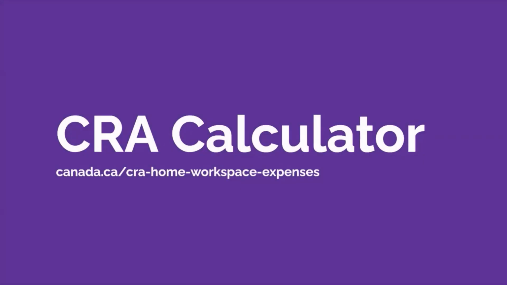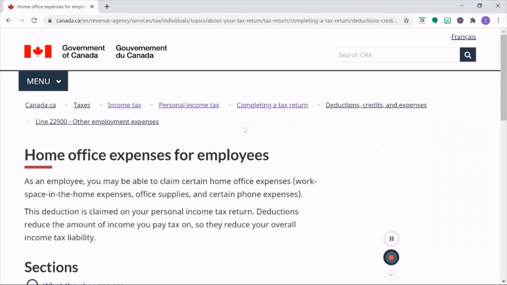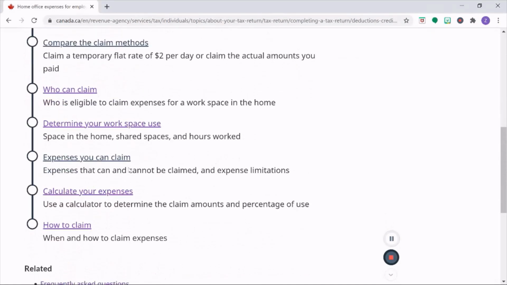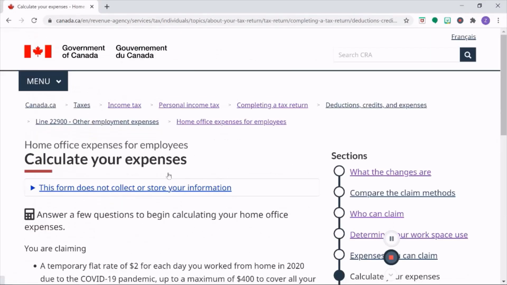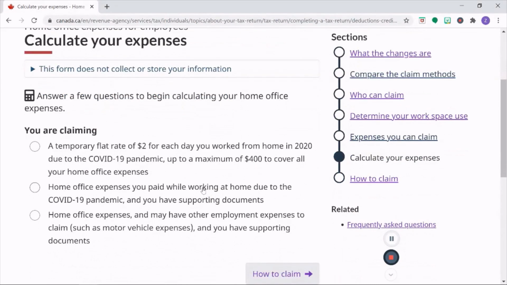We will go to the CRA calculator. You can find the link in the description. On this page, go to Calculate Your Expenses. Select the first option, the flat rate method.